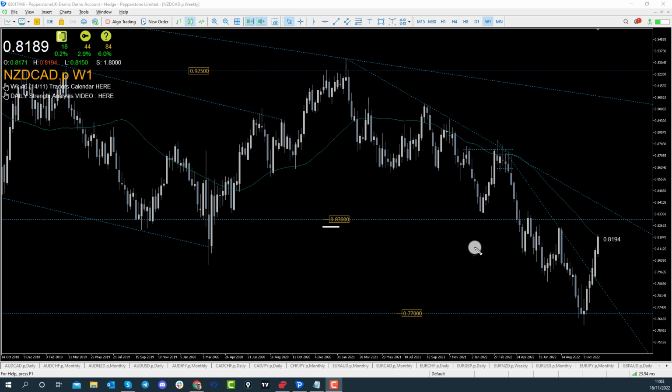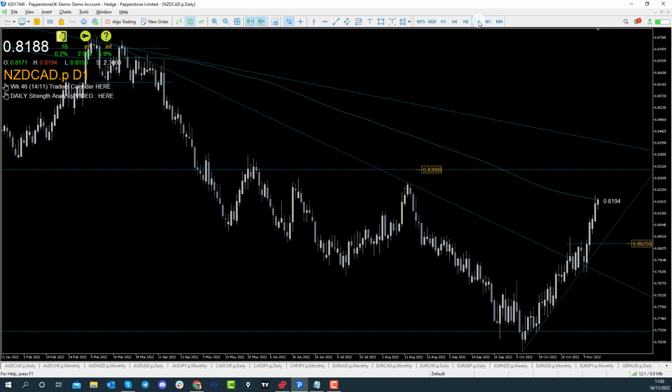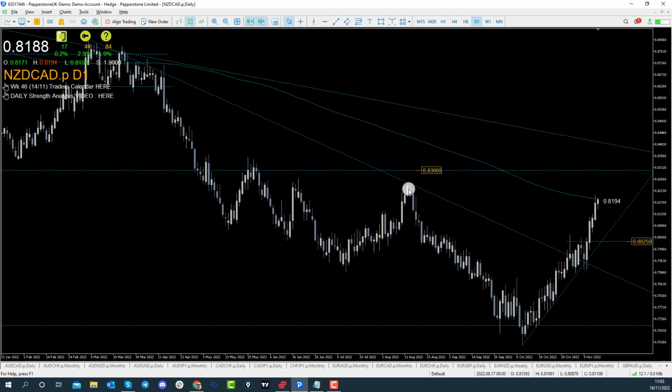We've got the 0.83 handle, we're at the 200 moving average, we're approaching resistance over here as well. So again, another Kiwi pair heading towards an area of resistance. The only thing with Kiwi CAD is you've got a little bit more room to go if you were going to look for an opportunity. So the 0.83 handle is a good area to target, and on the daily time frame here, I've